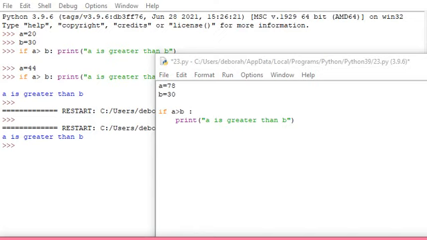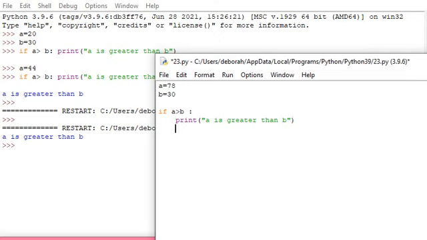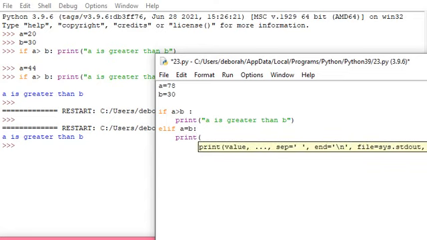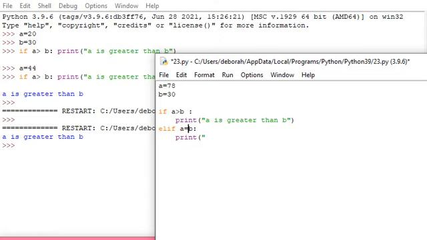For example, now, if A is greater than B, then elif, in the same column, A is equal to B, colon, print. So this is double equals: if A is equal to B, print